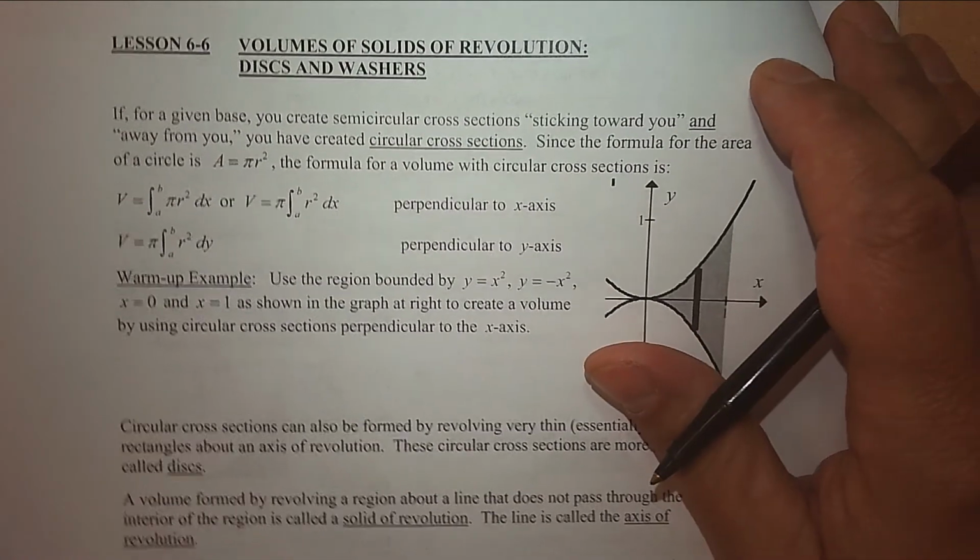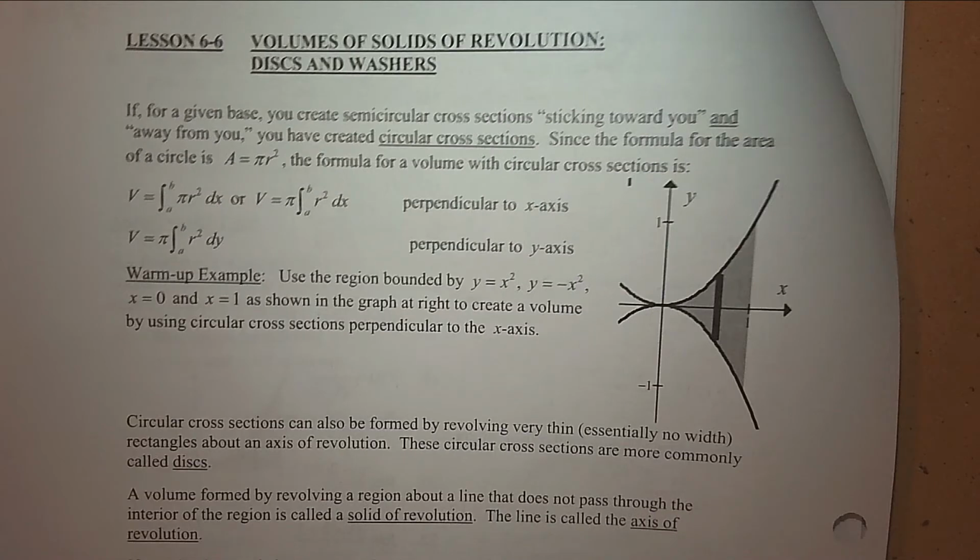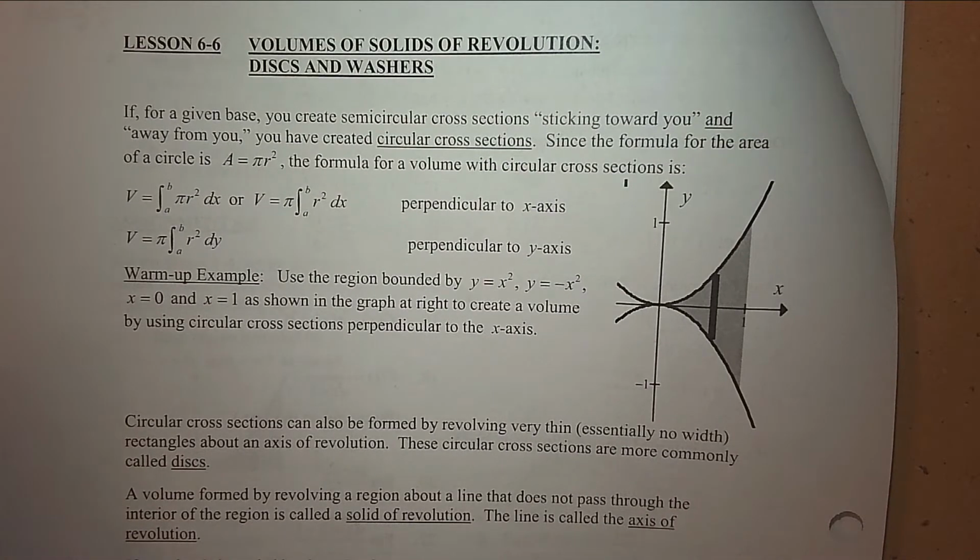This is the last lesson in this unit. This unit fully connects to what you just did. It's not like we're going to do something brand new. The part of your brain that got scratched is going to be scratched more. It's not going to be a different part of your brain. We're still finding volume. But this time we're going to find volume by rotating a region around an axis or